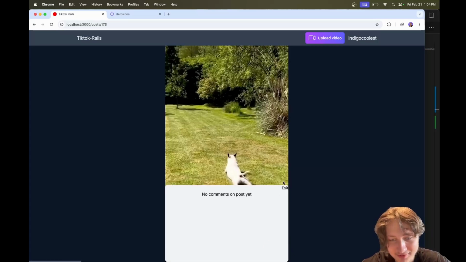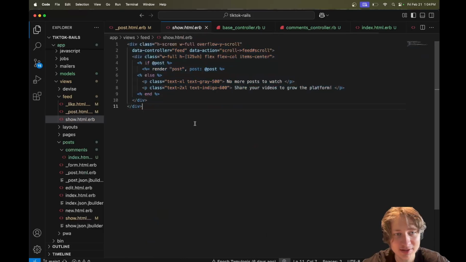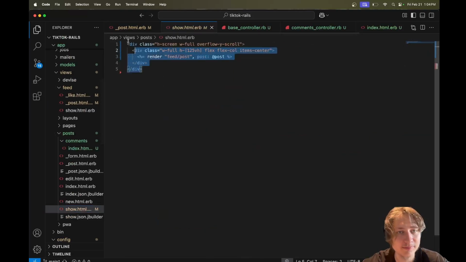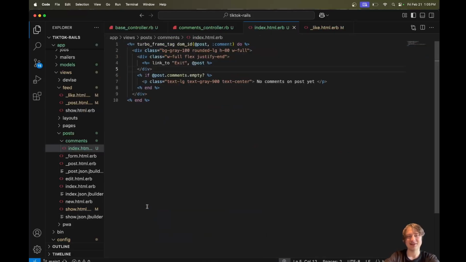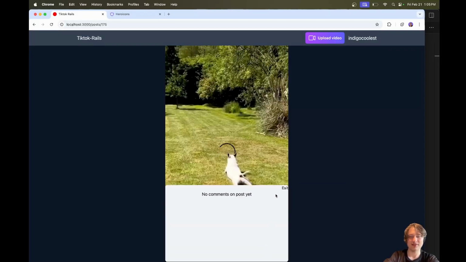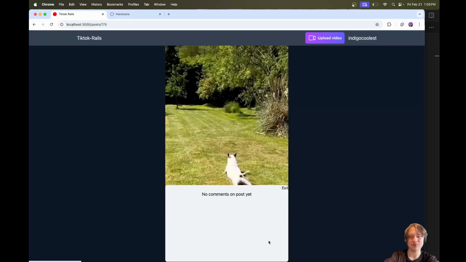So what it's doing is it's redirecting that turbo frame to this show page, which is re-rendering, not that show page in particular, the post show page, this one. It's re-rendering the post partial, which is then looking for this matching turbo frame down here. So it might be a bit overkill just to empty out that element. That's why we might want to use JavaScript too. Although it's not like it's slow or anything. Like this works really well, really well. But if you wanted to save that trip,